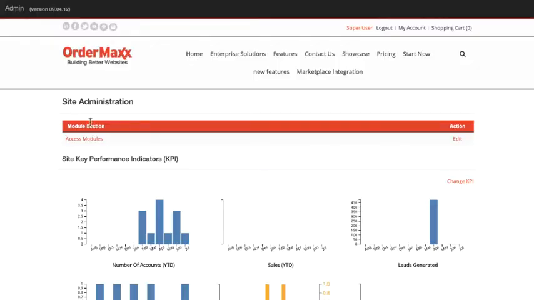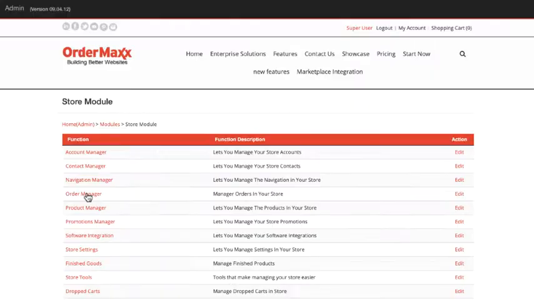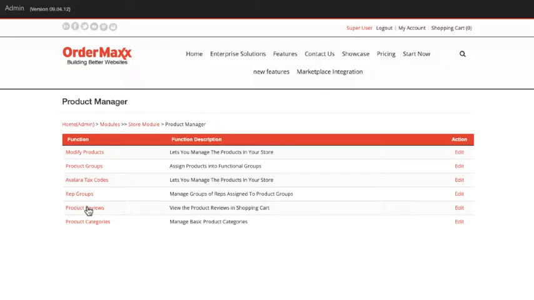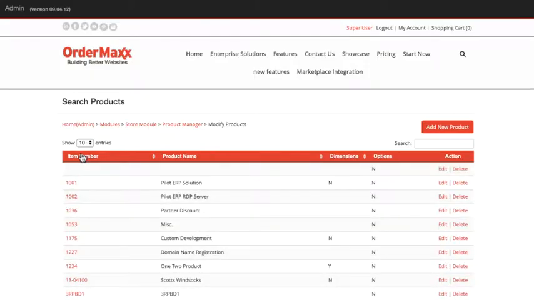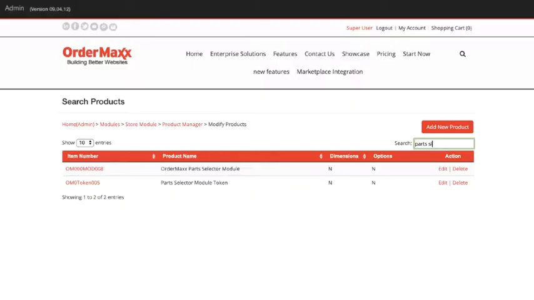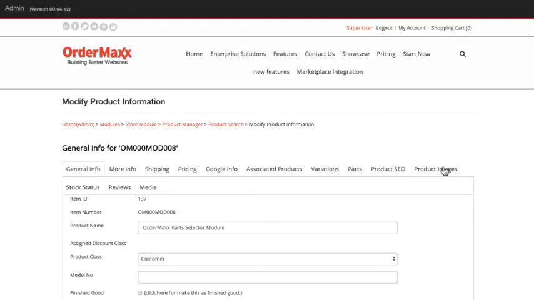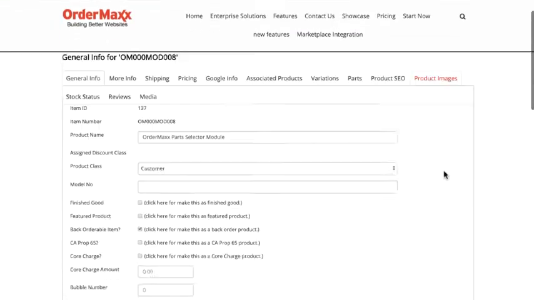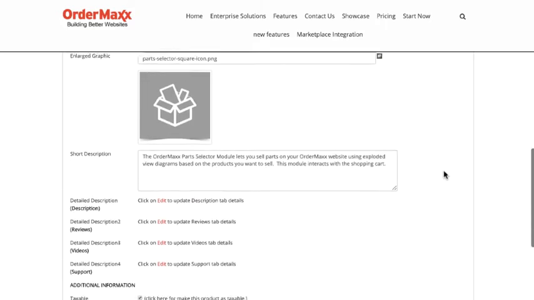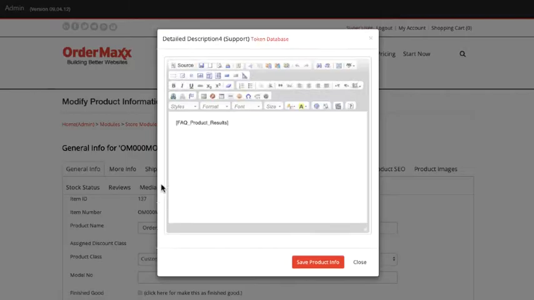First, we're going to head through the admin dashboard to find our product manager under the store module. We need to drop this token directly into the product page, so we need to look under Modify Products. If we scroll down and click on the Support tab Details, you'll see our FAQ Product Results token located right